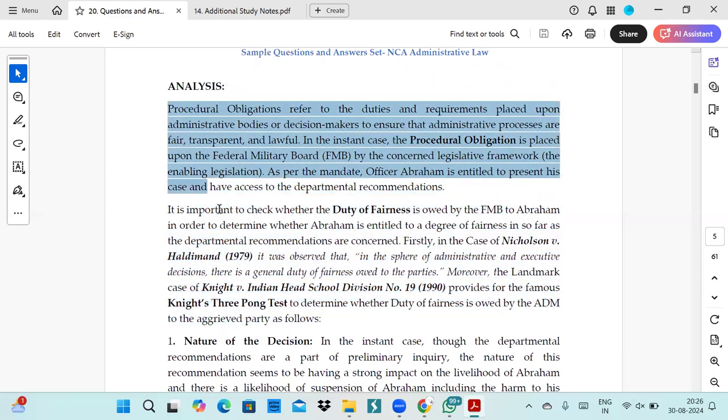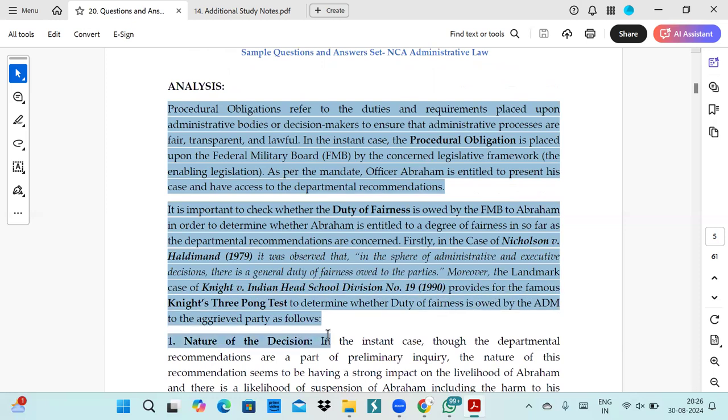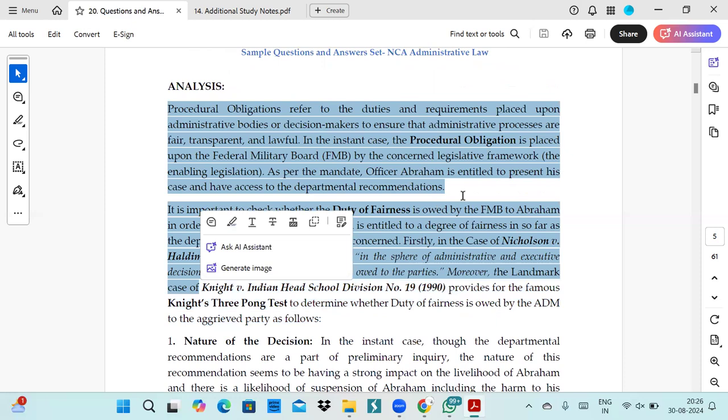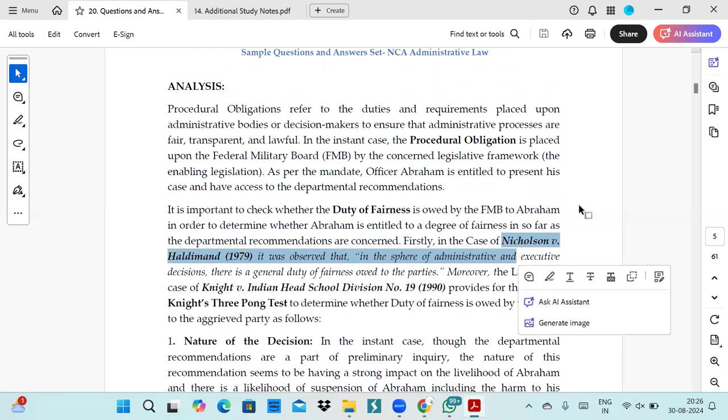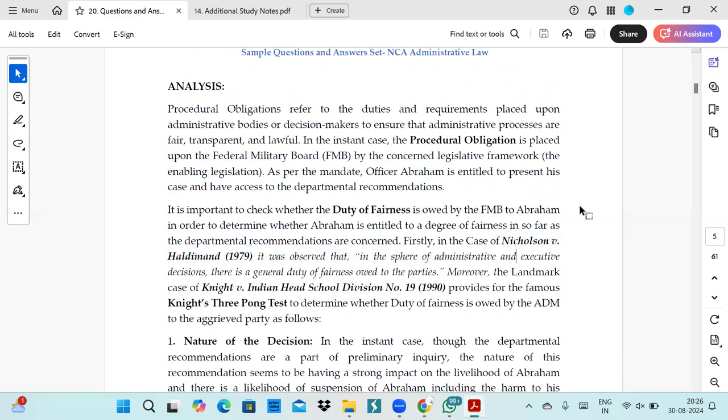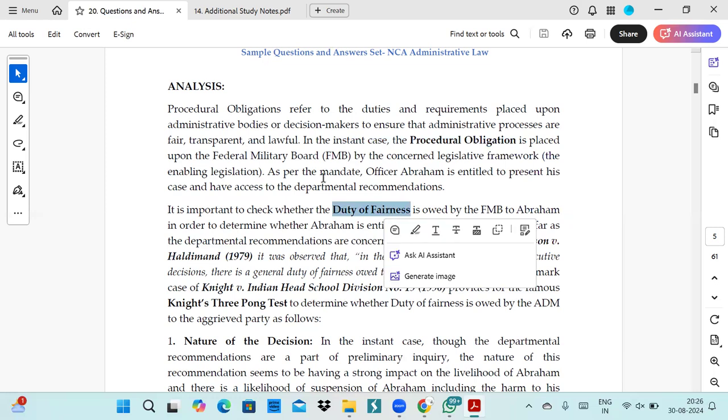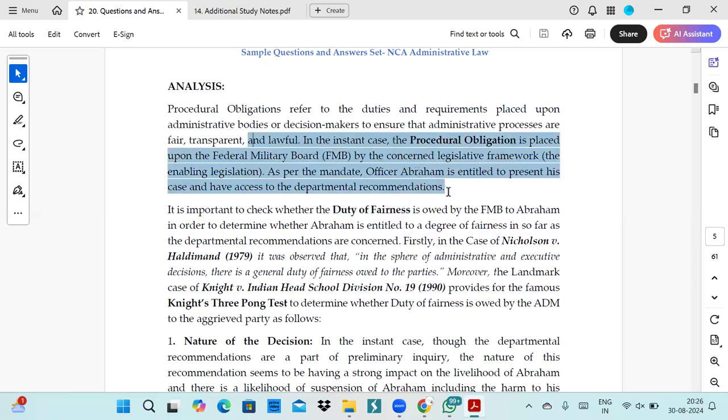It is the beginning of your analysis, before you even start writing the Knight case. That's why I tell my students to write Nicholson, because not everybody writes Nicholson. It was given in the syllabus, but students don't give much importance to it. Talk about the procedural obligation, the duty of fairness in general, and talk about the facts in the beginning itself,